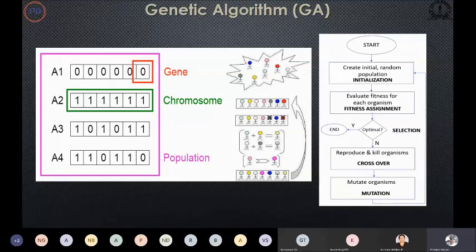I will select the best possible candidates, which are either minimizing or maximizing my objective function. And I will let them marry each other. That means I will cross over between them, and their children will be my new candidates, and I will dispose of the worst candidates. By that I will make sure that the new candidates have more probability of giving me better children, or reducing or increasing the objective function.